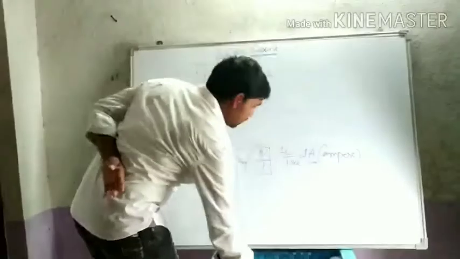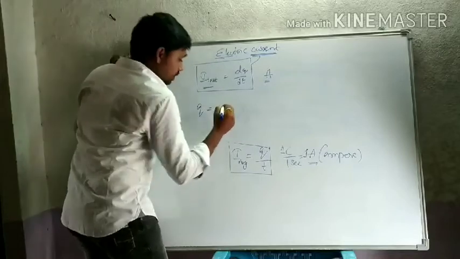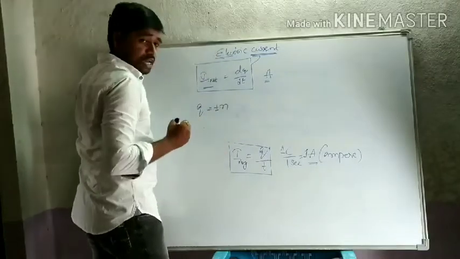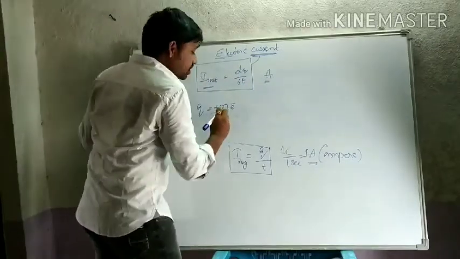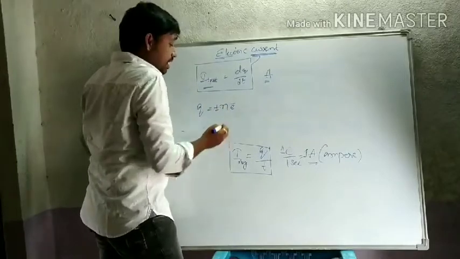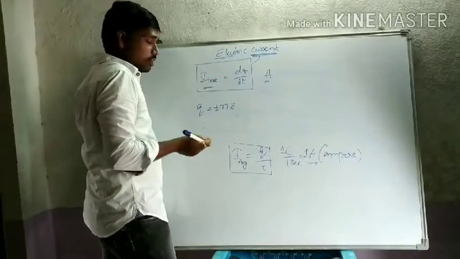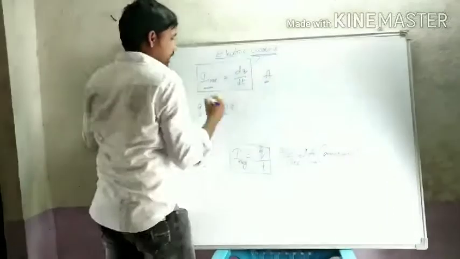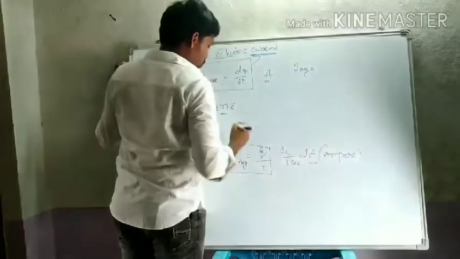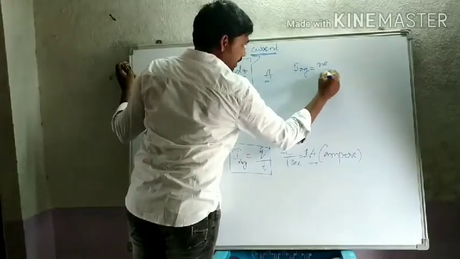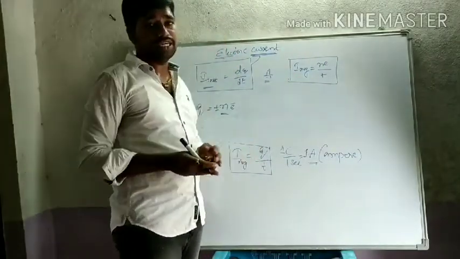If you see the Q we have written here, Q is charge, which is always in the form of an integral multiple of the electron charge. This means charge is always in terms of number into charge, like 10 electrons or 100 electrons, in terms of integers. So we can write I, the average current, is equal to N into E by T. This is another formula for the average current.